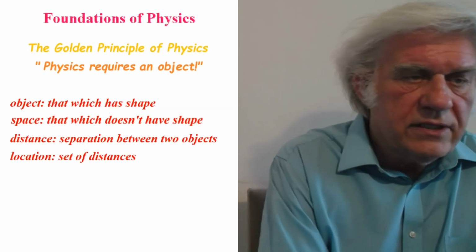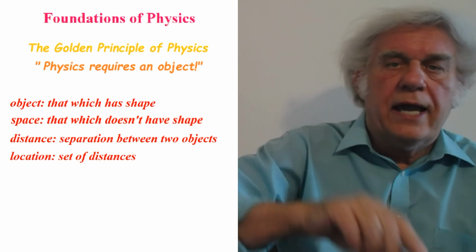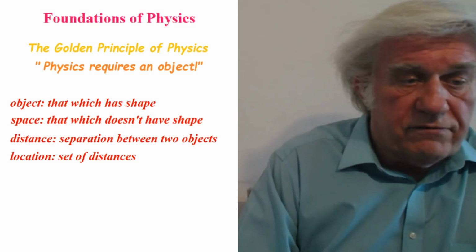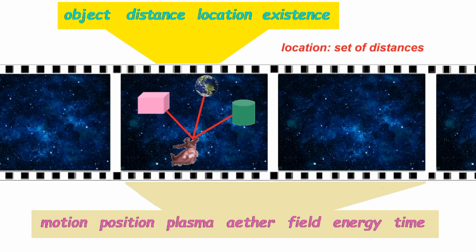And then we moved on to what we call location. Here it is, foundations of physics. Location, what is it? The set of distances from one atom to all others in the universe. Here we have it in the universal movie. Here you have good old God, and he's got distance, separation, with respect to a cube, the earth, a cylinder, whatever. Every atom in the universe, if you will. So all we have is distance, separation.